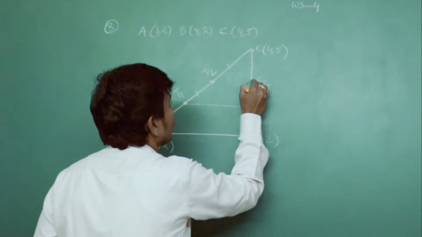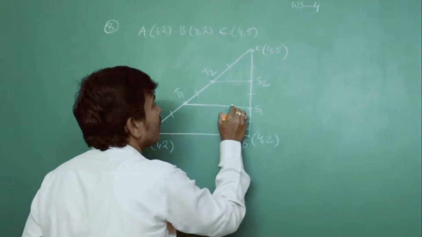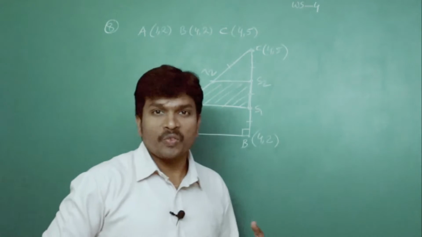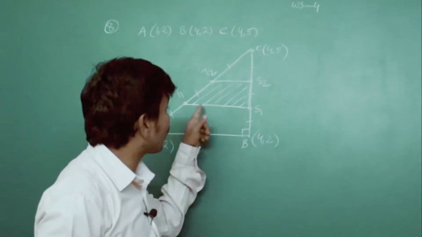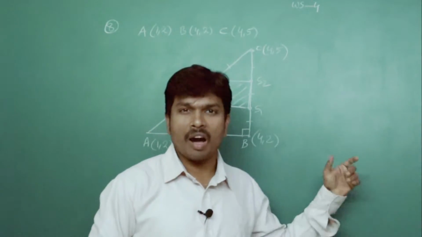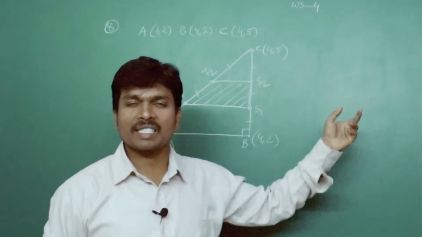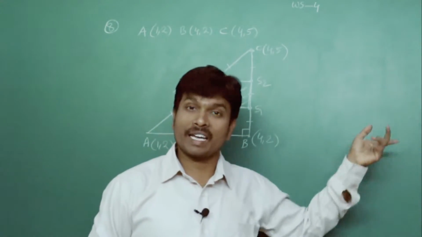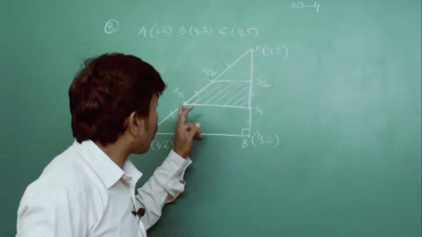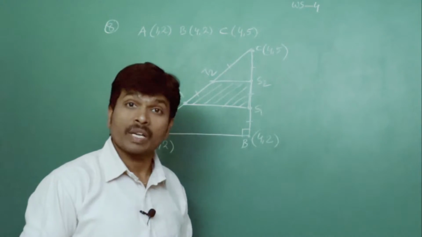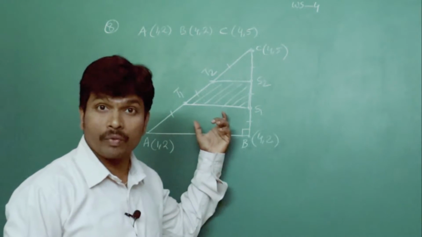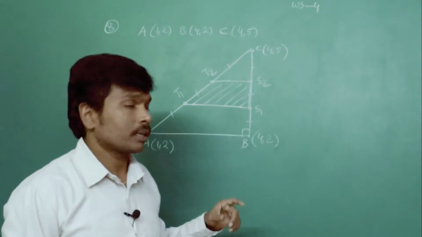T1, S1, S2, T2. Here one quadrilateral forms. Now you must find the area of this. How to find it? You must know the vertices. Then we find the area of the quadrilateral by using the formula of modulus x1 y1, x2 y2, x3 y3, x4 y4, again x1 y1. With the help of that formula we can solve it. But how to know T1 and T2 and S1 and S2? Easily we can find out with the help of the concept of trisection.